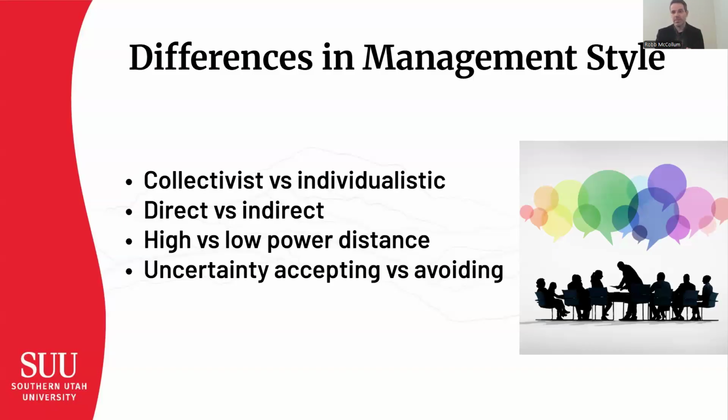So in some cultures, we just know that we won't always have the answer, and we can be comfortable with that and just say, hey, things are unsure, but we can adapt as we go along. In other cultures or other groups or other people, there is a desire to avoid that uncertainty. So there's more planning, there's more explicit rules to help control and plan for the future so that we're not dealing with as much uncertainty.